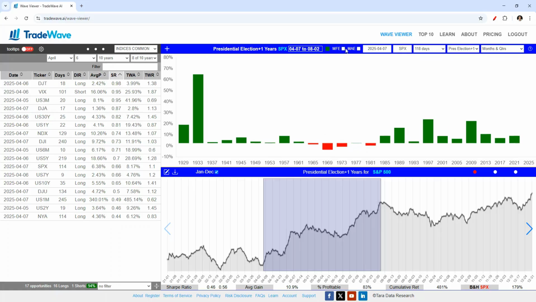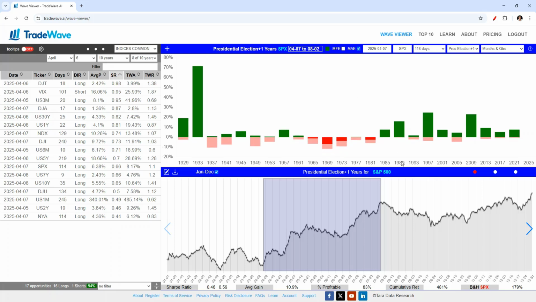How about drawdowns? MAEs, the drawdowns. The drawdowns were never really that much. Look at this. The biggest one is minus 4.62% in 2005, and then it went up and closed at 4.45% for this date range right there. So in the middle of this date range, in the middle of the summer, you can also see there is this downside. Let's take a look at that one.